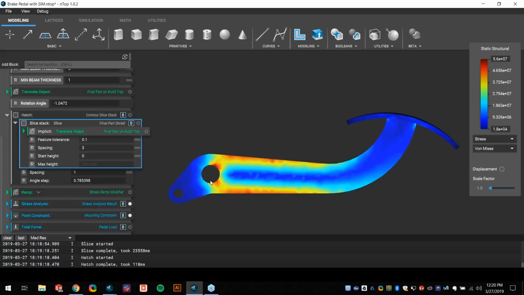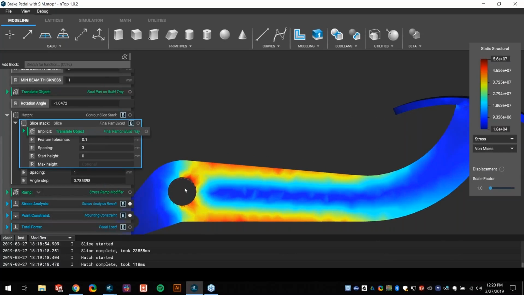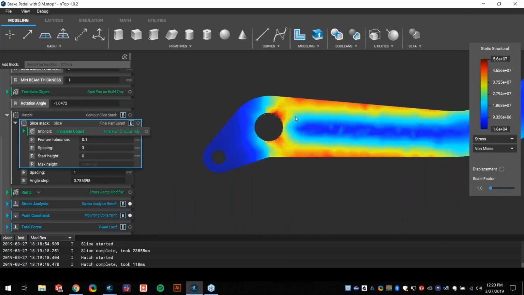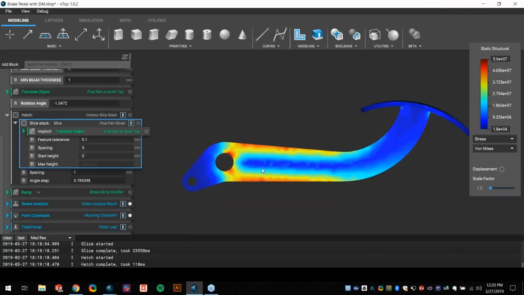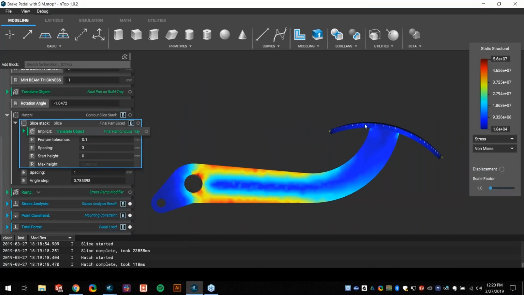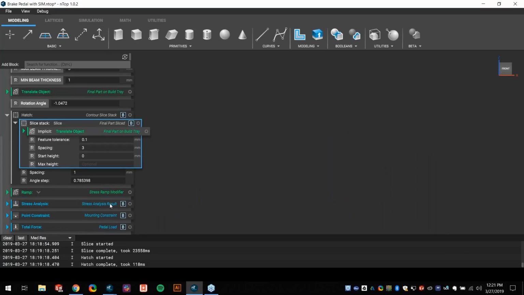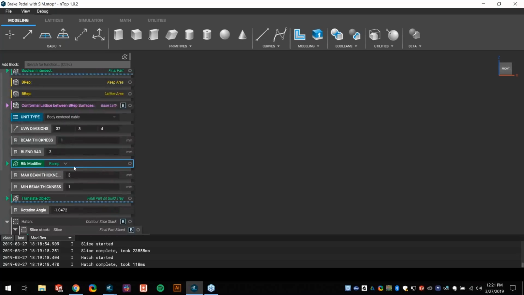So we have some very simple constraints around the mounting hole. Not sure if you can see those there, but that's them in red. And then we've also applied a load on the pedal. And what we're seeing here is a map of the von Mises stresses of the part based on that constraint and that load. So we have this result. And what we want to do here is now we're going to take this stress analysis result, and instead,